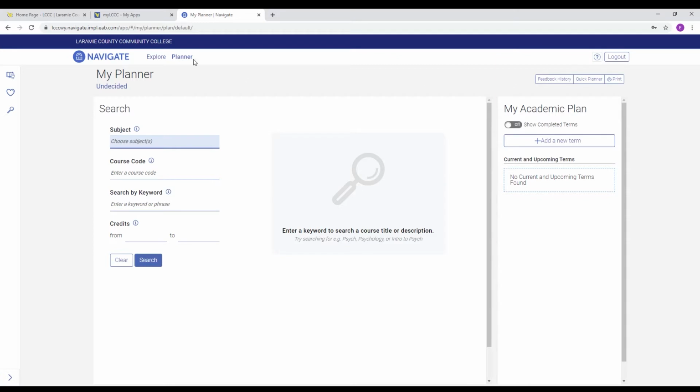Once in Planner, you will have to start searching for your courses manually. First, you will want to add a new term. Next, to start searching for classes, you will need to know what classes you need. For this, you can either use the LCCC catalog, or you can talk to your advisor to see what classes you need. If you know what classes you need, you can start searching for them using the search options provided